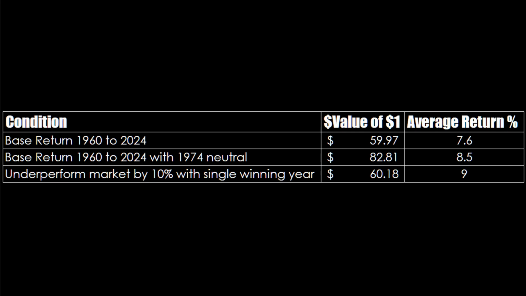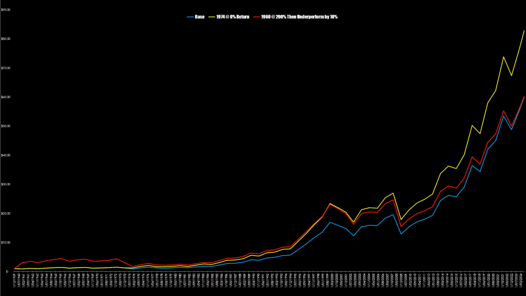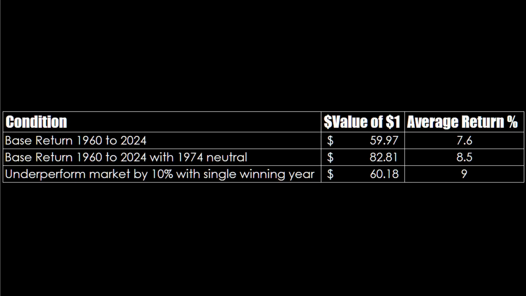And you can see this here in terms of our average return. The base return is 7.6% for those 64 years. It's 9% for the underperforming fund. This hints at the profound disconnect between the reality of an equity curve that looks like this and the illusion that is percentage return as given by this. This fundamental disconnect, unfortunately, is very difficult for people to see. It's even more difficult for them to access,